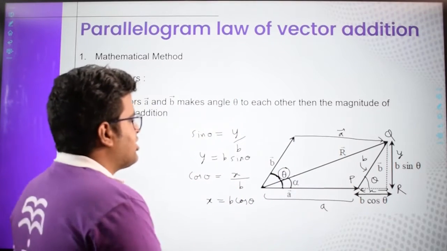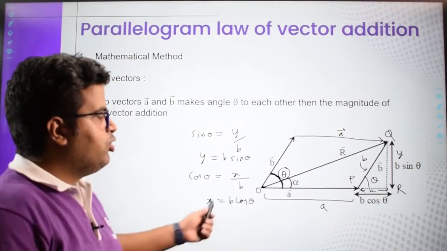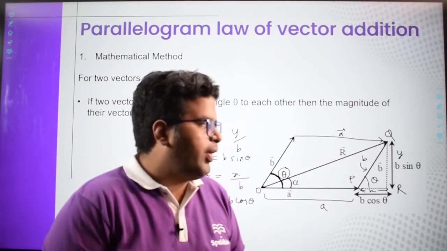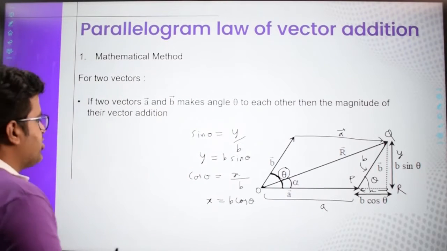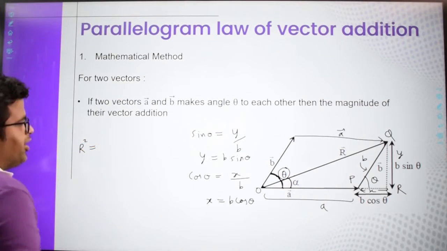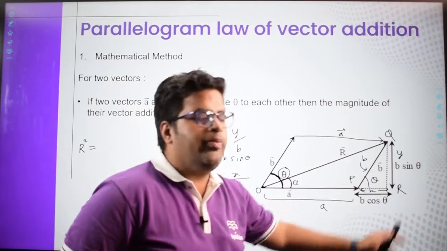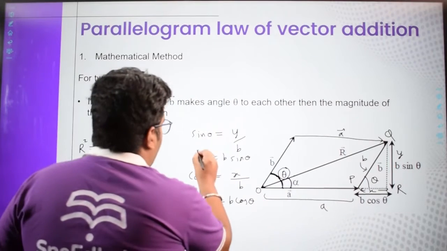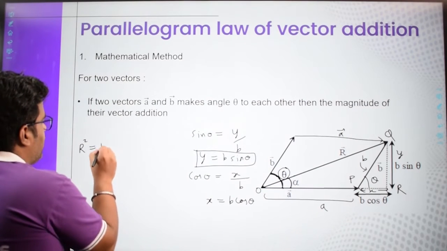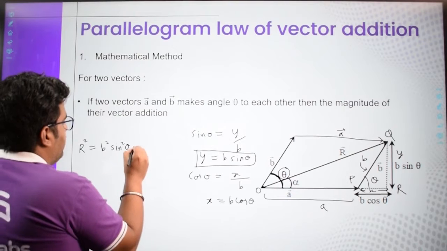So we'll take the triangle OQR. Basically we are going to use the Pythagoras theorem. Hypotenuse square is R square, and that will be equal to perpendicular square, so that will be y square, and y is b sine theta, as we have seen here. Once we put that, we have b square sine square theta plus